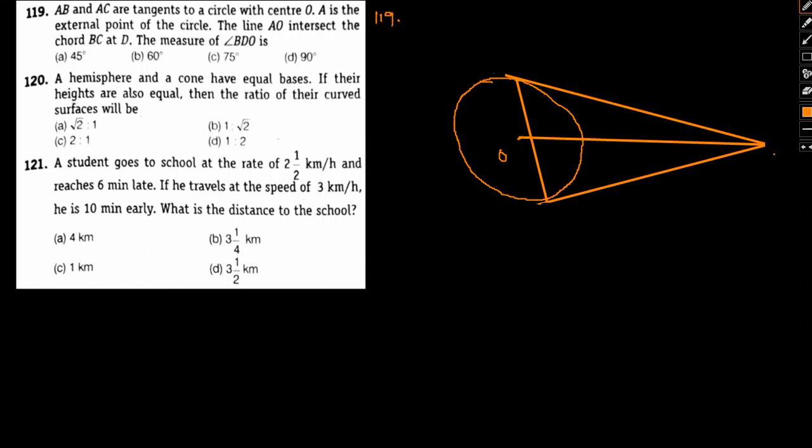So the diagram would look something like this. This is A, this will be B, D, and this is point O, and we'll be joining them as well. So what we are asked to find is angle BDO. Say this point is D. Okay, so what we have here, if we further look at the figure,